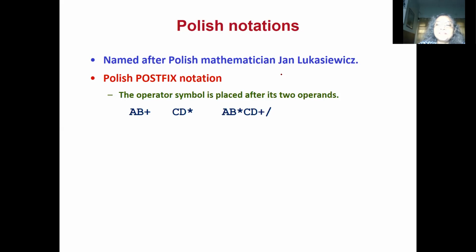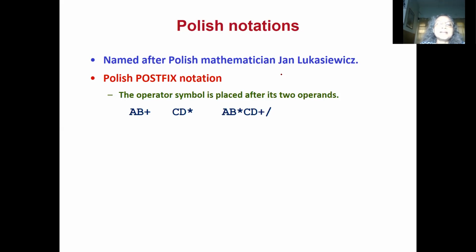Now, what about the prefix form? So prefix form we can try to write down. So first we will have B into C. B into C will be written as star BC. Then we have B into C slash D. So we have slash star BC D. Then we have A plus this. So we have A, this plus.